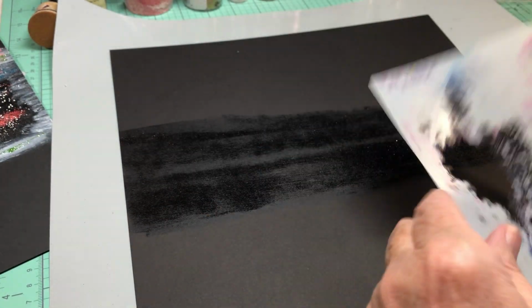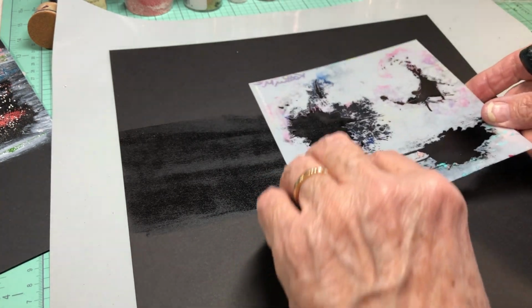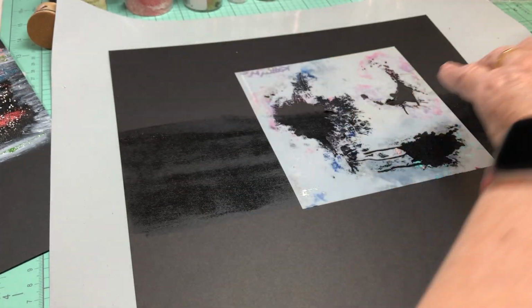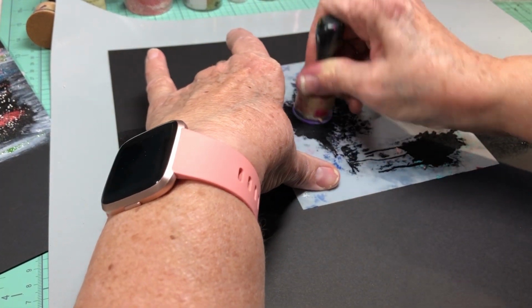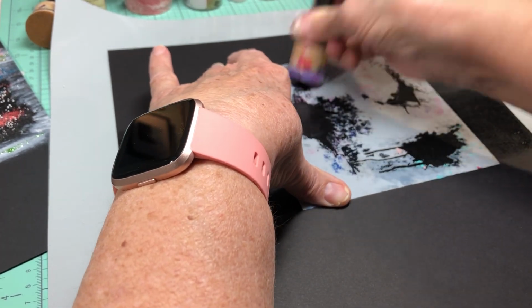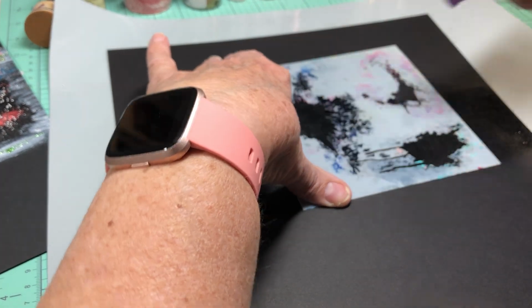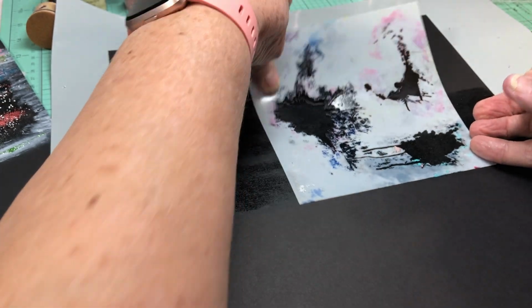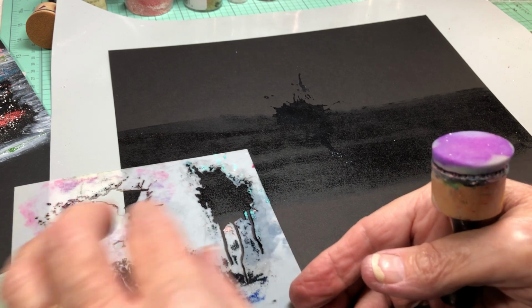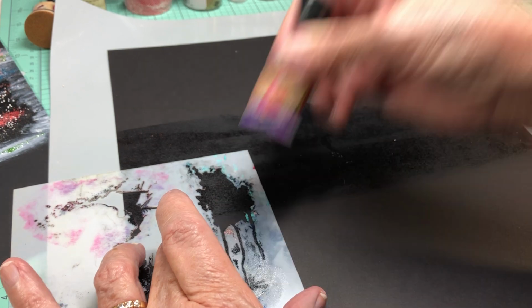I kind of want this big splat right here. That's actually, okay, let me just kind of do this and come up there. I'm hoping, okay, and now I want to take this and go kind of right here, and it's overlapping the band, and